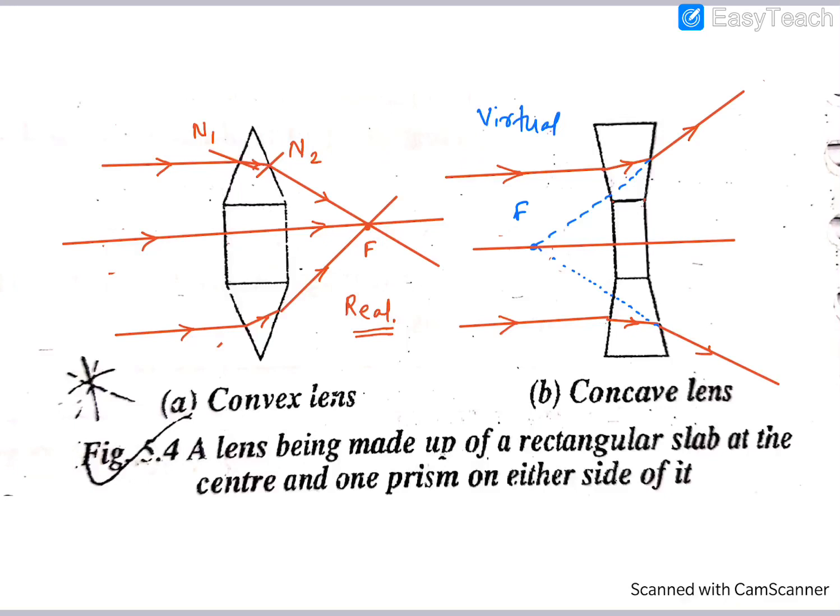So again, as I said, there are a lot of technical terms which you need to learn. They may ask you to show the convergent action or the divergent action of a lens. So these are the diagrams which you need to draw. Obviously they are there in your textbook only.